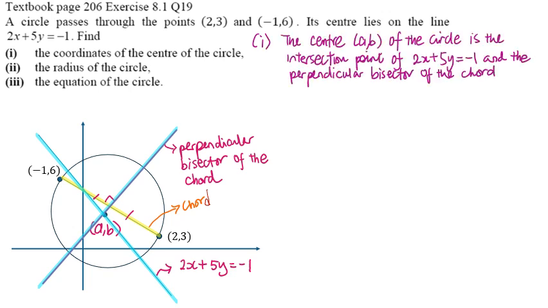Now the important thing is that I will need to find the equation of the perpendicular bisector of the chord, because I will need the equation to solve simultaneously with 2x + 5y = -1 to find the intersection point. So how do we go about finding the perpendicular bisector of the chord? We have to find the gradients. Let's start off by finding the gradient of the chord,